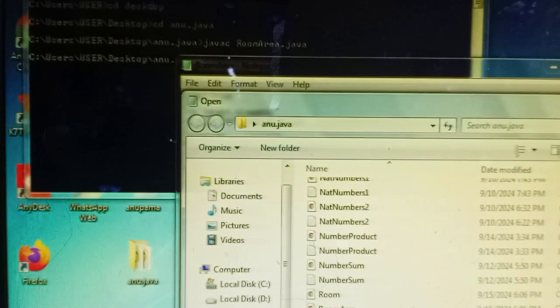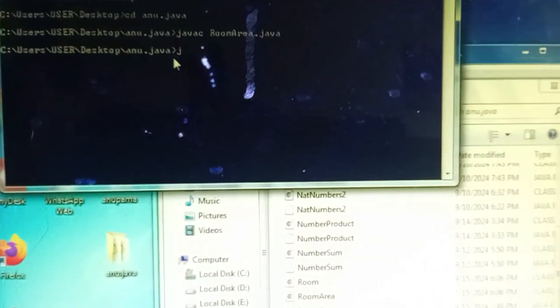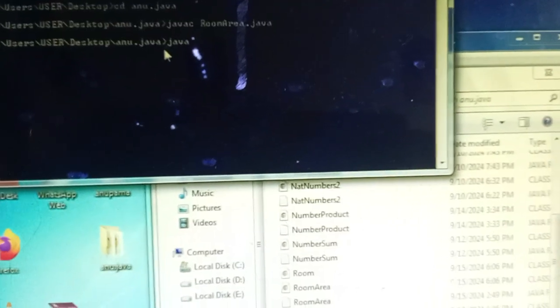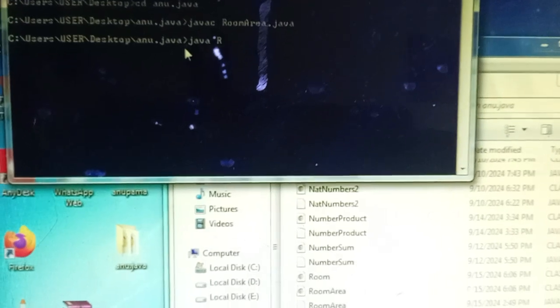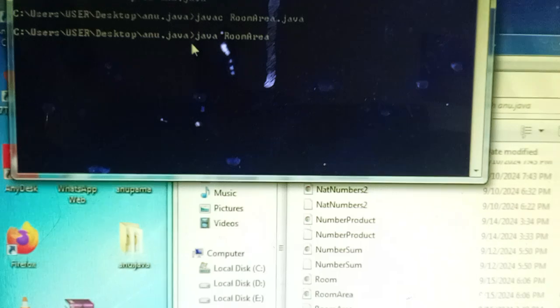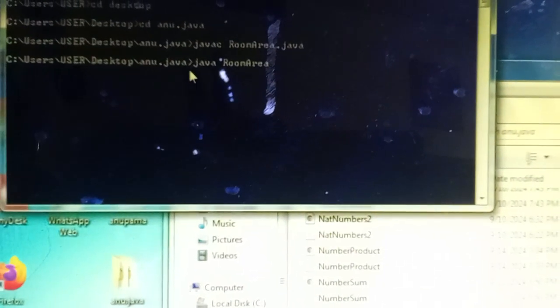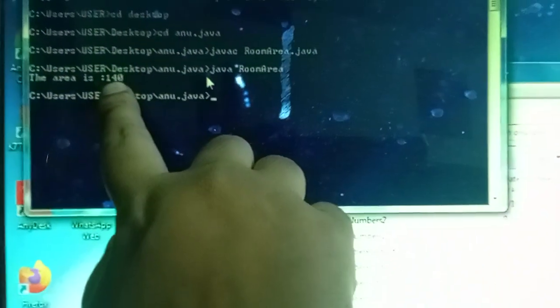So let us go to that command prompt. Now type java RoomArea. Okay, press enter, you will get 140. Got it?